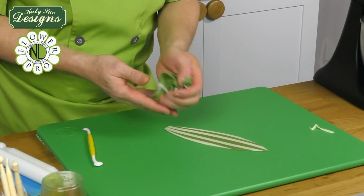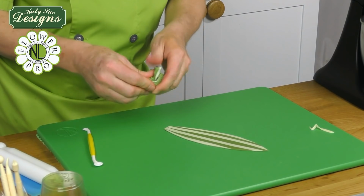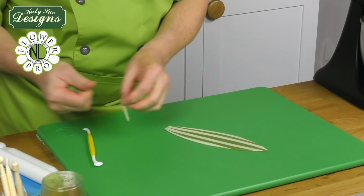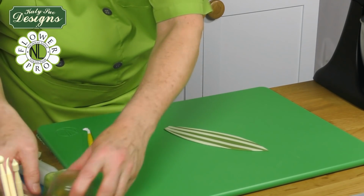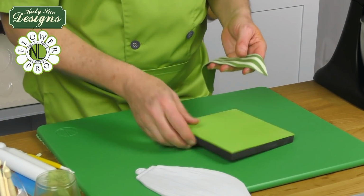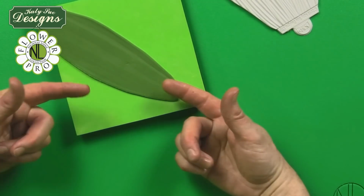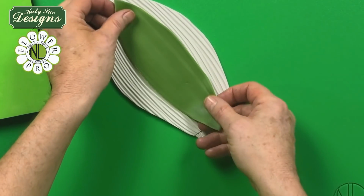Now the paste you have left, of course you can just knead this together, and this would make a lighter version of what you started off with. And if you're doing several leaves, you could use this for the next one with the cream on it, so you're going to get a little bit of gradient coloring. And then of course you would put your wire in the same way as I did on the Lily of the Valley. All right, and then once you have done that, you're going to take that, pop that